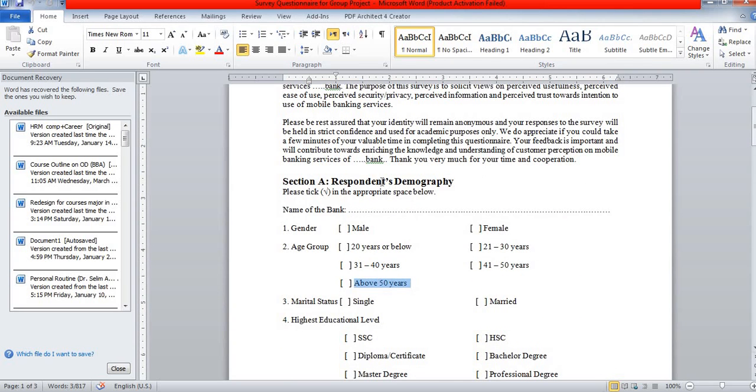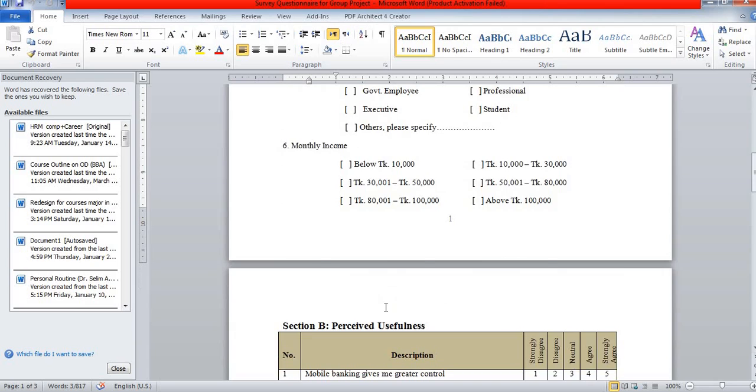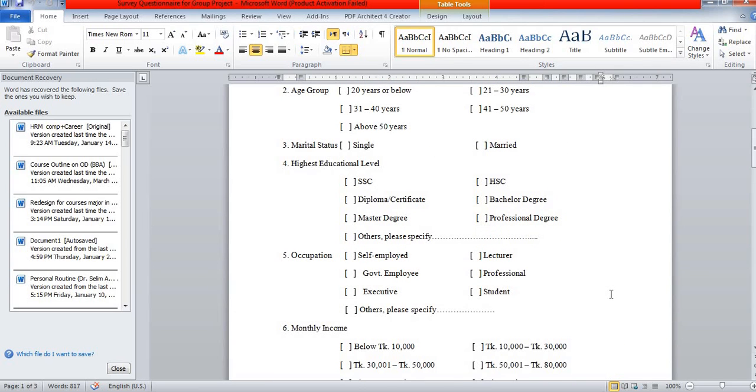Under the categorical variable, we have demographic information such as gender, age, marital status, highest education level, occupation, monthly income. And for the continuous variable, we have a variable like perceived usefulness. Under this variable, there are 5 items, and it uses a Likert 5-point scale. One is strongly disagree, two is disagree, three is neutral, four is agree, five is strongly agree. So if you have a survey questionnaire like this, then how are you going to key in your data into